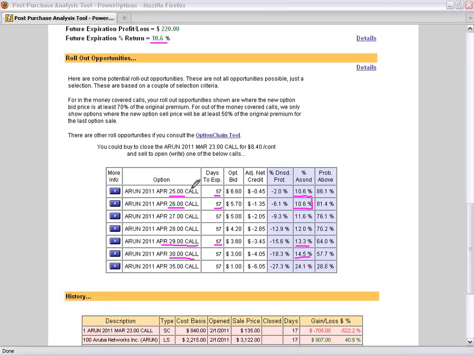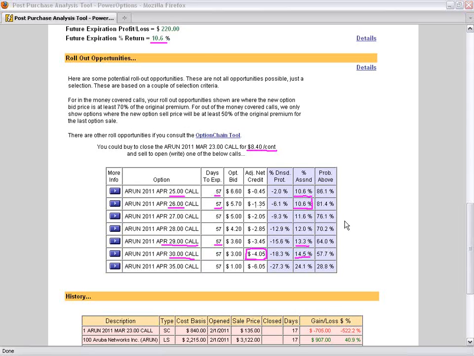But remember, because we let this go so far against us, and it's going to cost us $8.40 to buy to close our call, we're going to be rolling to this month for a debit. You may ask, why aren't other scenarios showing? There's got to be other options available to roll further out in time for a credit. Well, that's right, they would, but they're not showing here because they're not really increasing the percentage return by much.